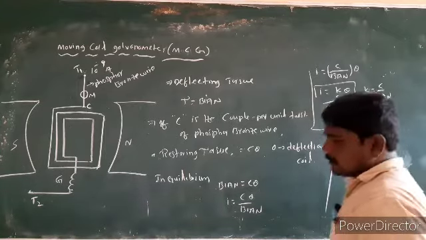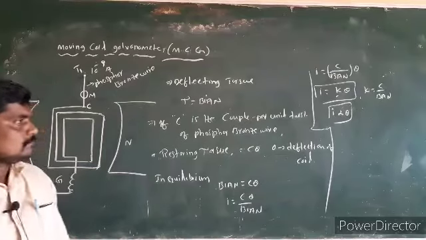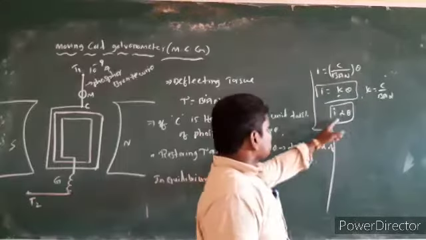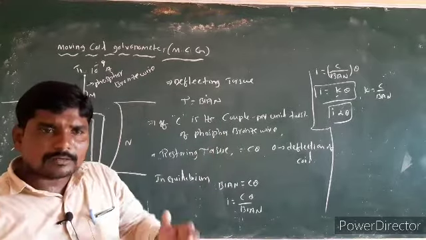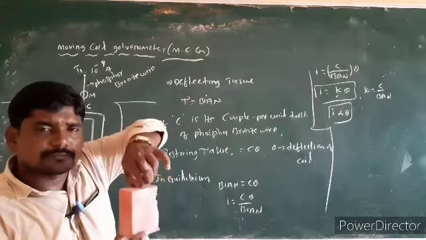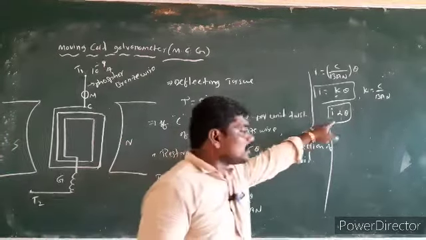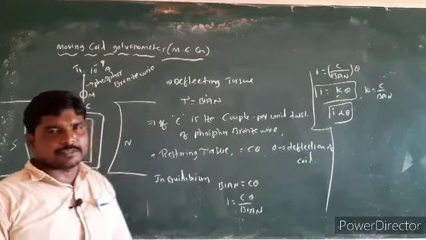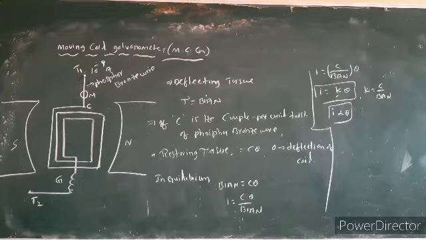I directly proportional to theta means the deflection of the coil is directly proportional to the current in the coil. If more current flows through the coil, deflection is more. If the current in the coil is less, deflection is less. This is also called the principle of the galvanometer. Now this is the explanation of the galvanometer.